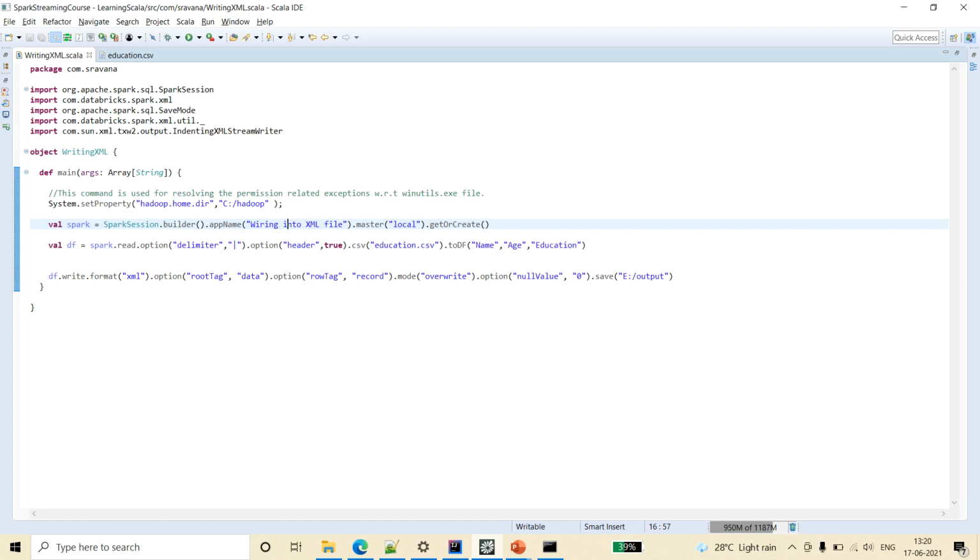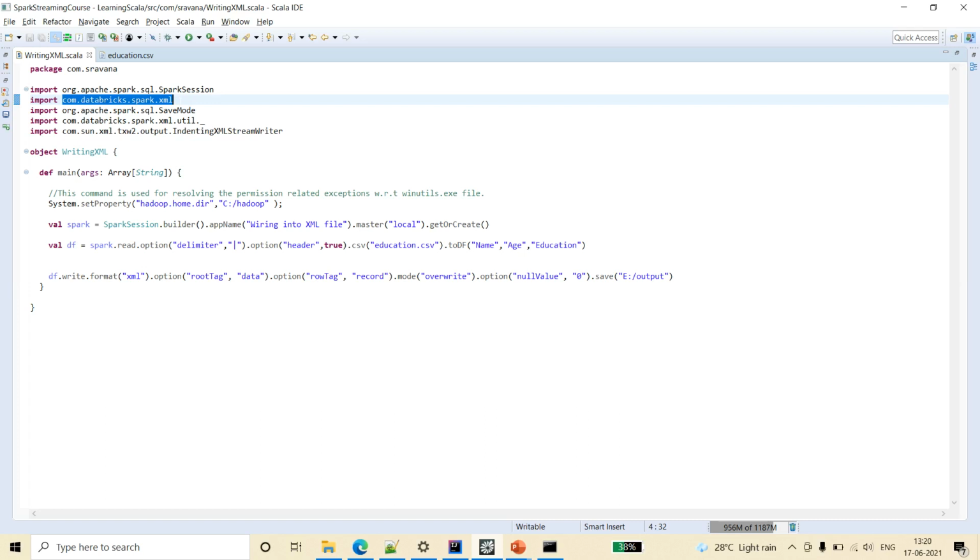Before going, when you are trying to run this on your local machine, you have to import and have these jars. For com.databricks.spark.xml, when you are downloading from Maven repository, make sure that you are downloading based on the Scala version that you have installed in your machine.